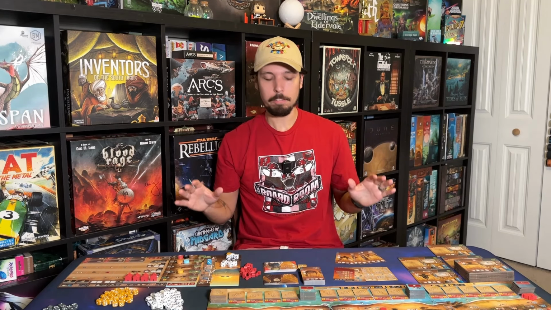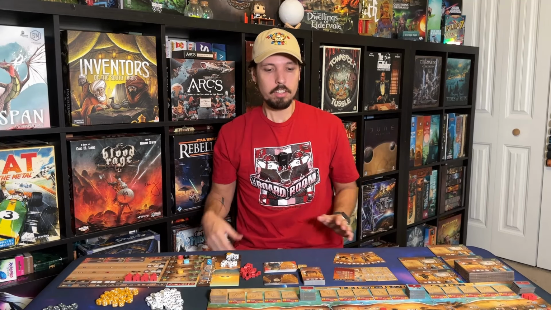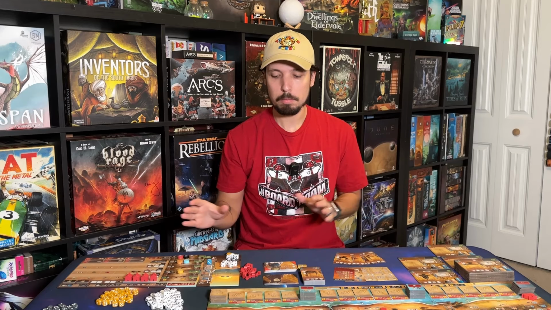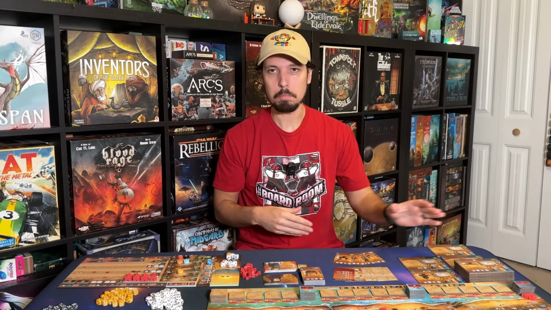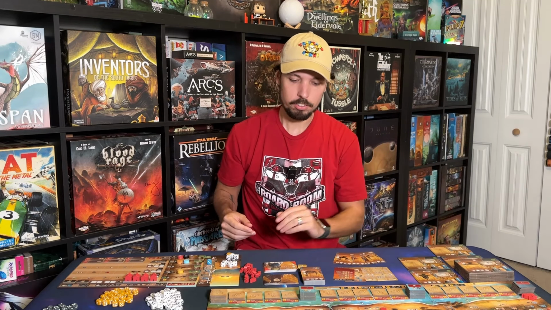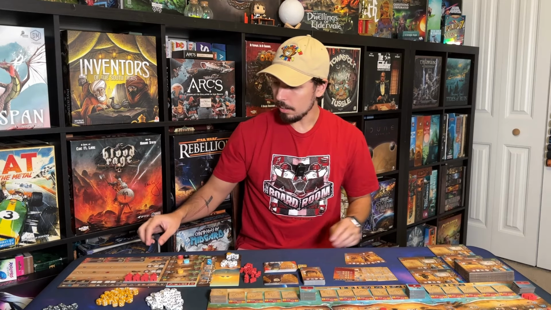I think the iconography here is the best in the series by a long shot. So there is a lot going on in this game. This game has so many different moving pieces. You have these big player boards, you have tons of places you can place dice, you can place your workers, you're trying to get influence, you're moving a ship, you're placing these invention cards, inventing them, and then you're placing